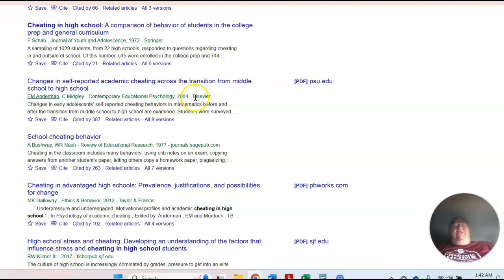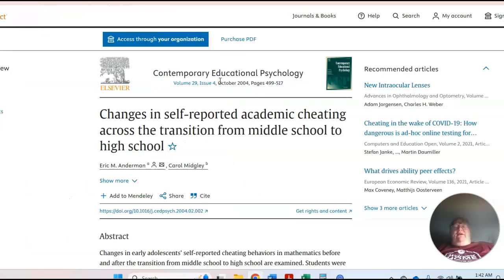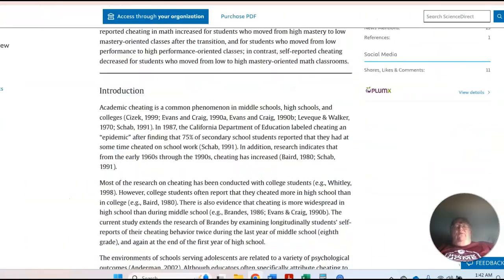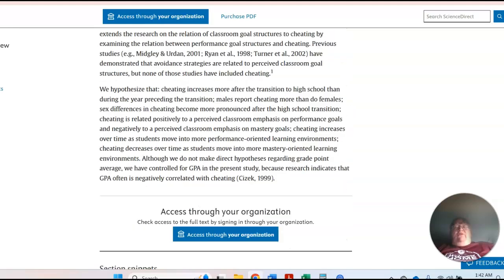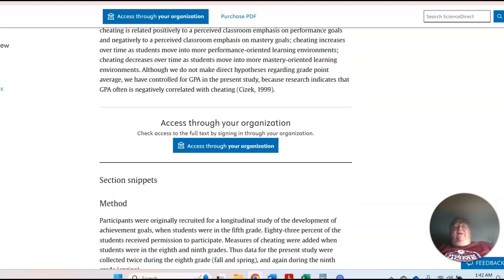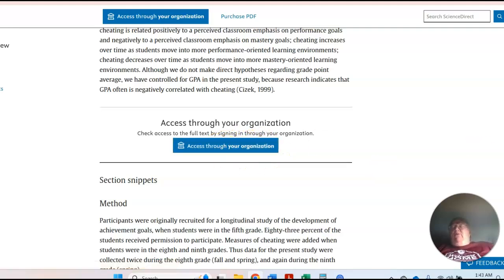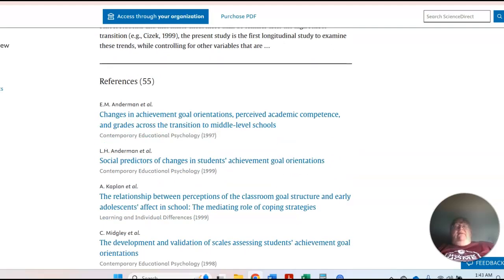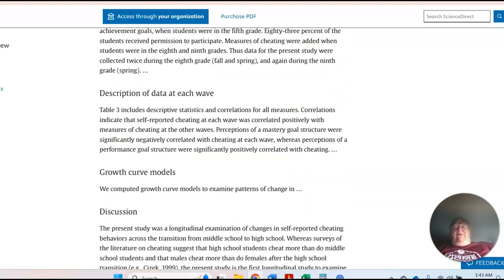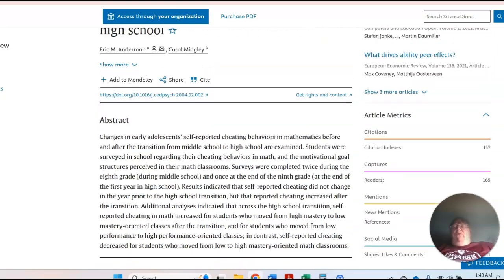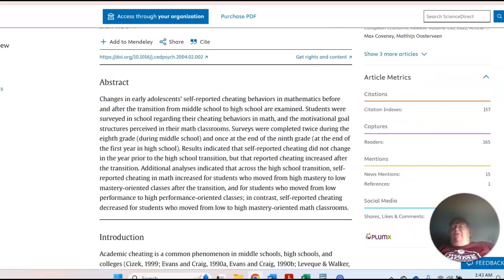Again, let the dates of the publications be important to you. This one might transition from middle school to high school. That might be useful. How much of that article can we get? Because it's old with the whole thing, it looks like. Access to your organization, yes. You can sign in to Fairmont State here and get the whole thing. When it says that, it's probably they're not giving you the whole thing here, but they do offer